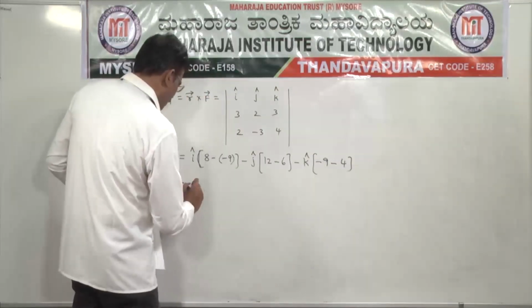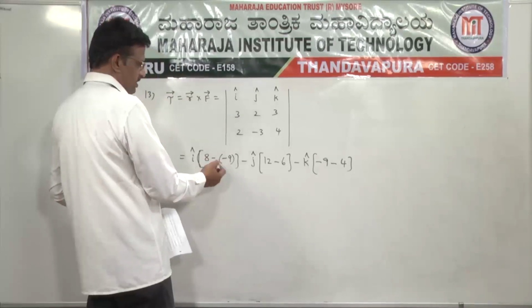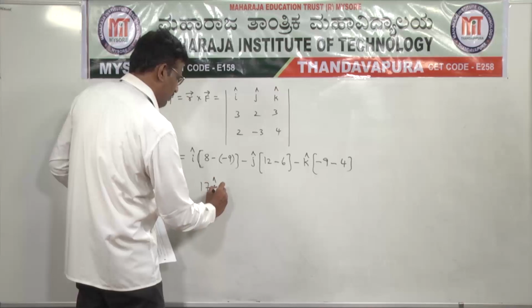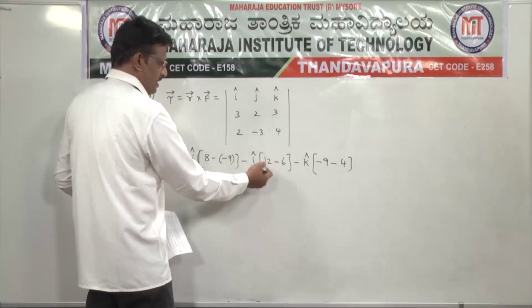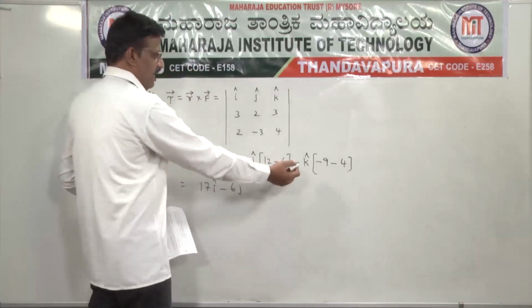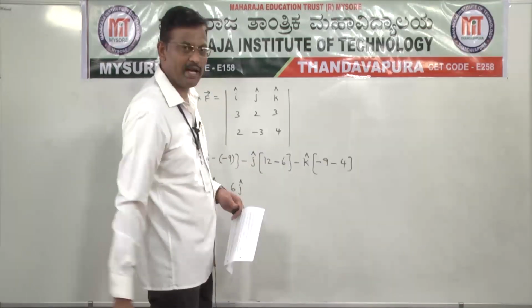So that is equal to 8 minus of minus 9 is plus 9, 8 plus 9 is 17. So 17 into i cap, minus 12 minus 6 is 6, outside minus is there, so minus 6 j cap, and here minus 9 minus 4 is minus 13